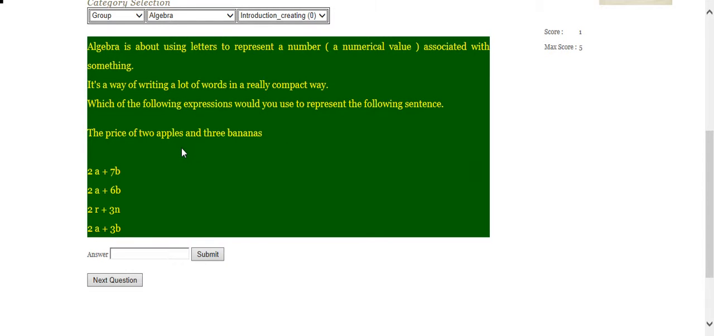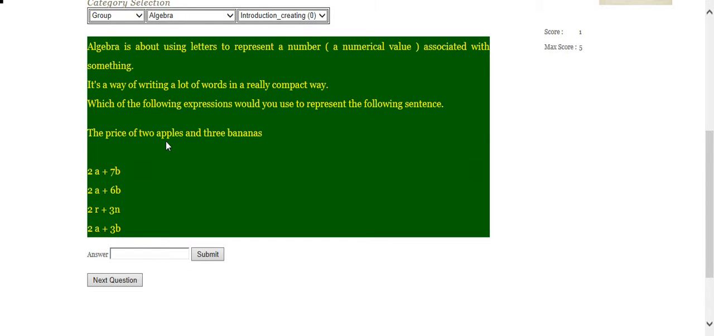Now, we're not actually told in the question, but we're going to go ahead and assume that the letter we're going to use to represent the price of an apple is the letter A. And the letter we're going to use to represent the price of a banana is going to be the letter B. So the B doesn't represent the banana itself, it's a numerical value associated with the banana. And I'm using the letter B because it's easy to remember it's associated with a banana. But in this question, I'm saying that B represents the price of a banana and A represents the price of